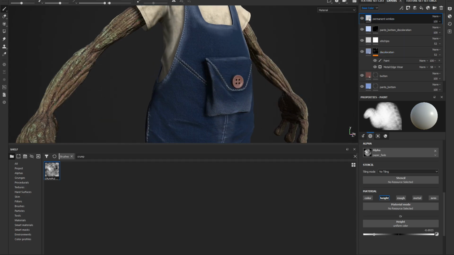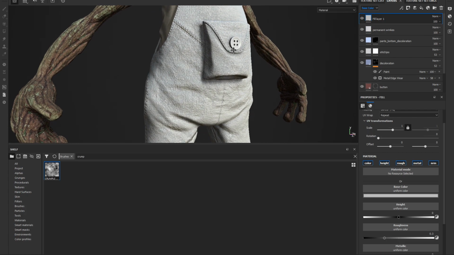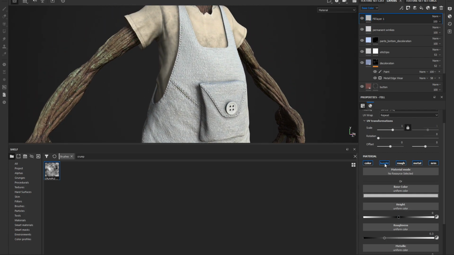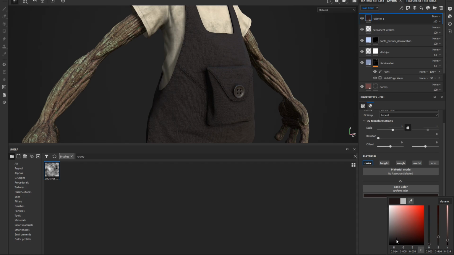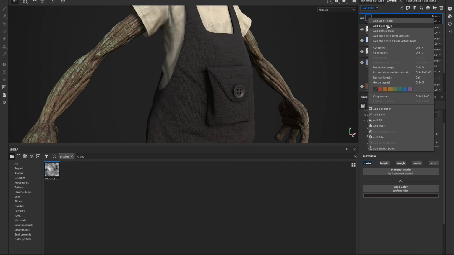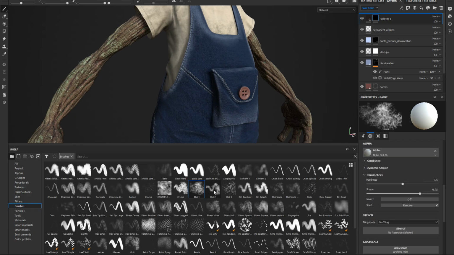You can always, of course, add one more layer of generalized dirt. So dirt is only going to affect, as far as I'm concerned, the color. Let's make it simple. Something like this should work. Let's add the black mask, and then we can just use a dirt brush on the mask,